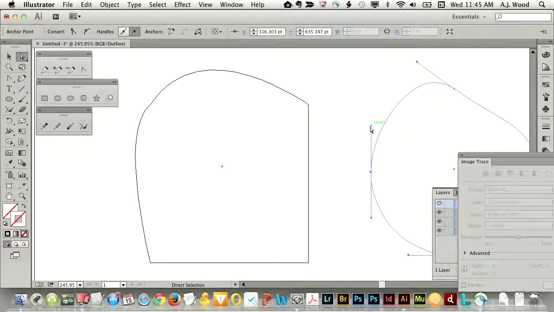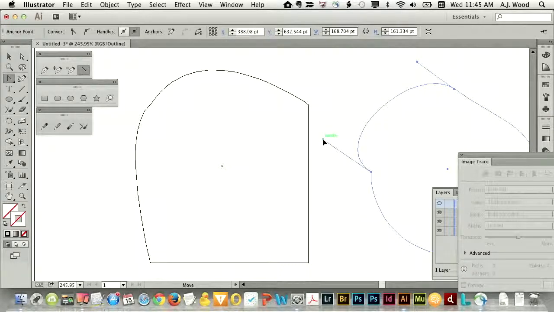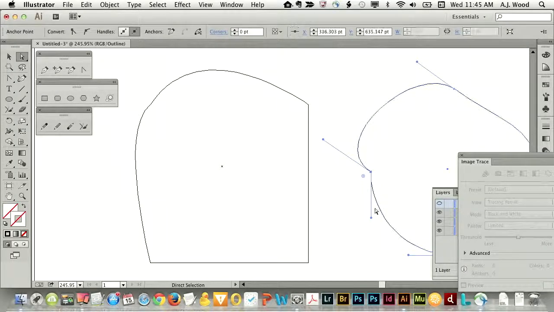Now there's a shortcut key if I want to break them individually. I can hold my Option key on a Mac or Alt key on a PC, and I can break those apart, right? And this is as I'm drawing. In this case, it would copy it. My conversion tool is how I'm breaking these apart. So I move one, and now they're broken apart. Go back to my direction tool, and you can see once they're broken apart, they stay broken apart. If I want them to be symmetrical again, I use that same conversion tool,